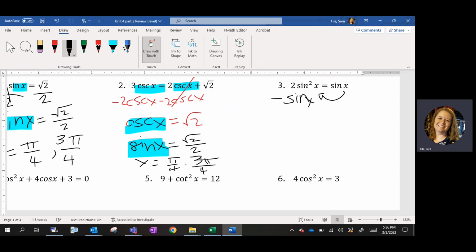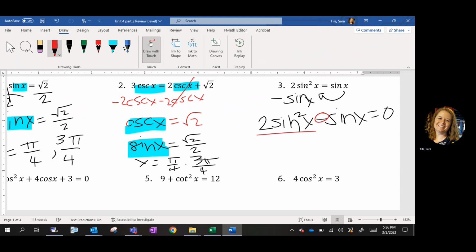Okay, so I'm subtracting sine of x from both sides, and I end up with 2 sine squared x minus sine x equals 0, because there's nothing left on the right side once I move that over. Now I can't combine them, but I can factor, because both of those terms, here's a term minus another term, have a greatest common factor of sine of x that I can factor